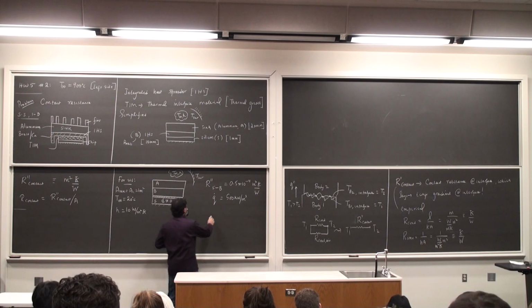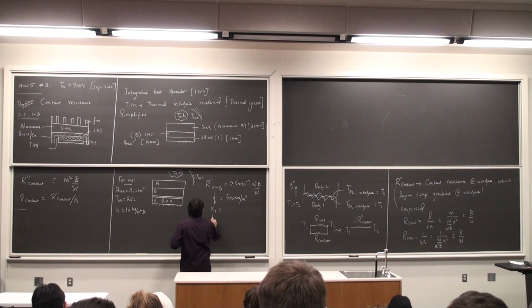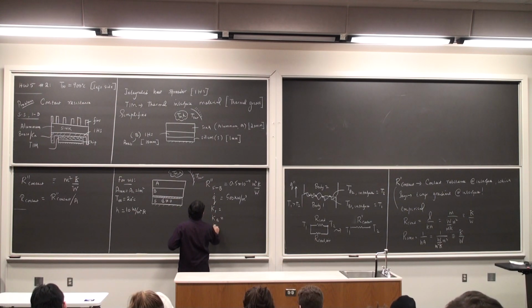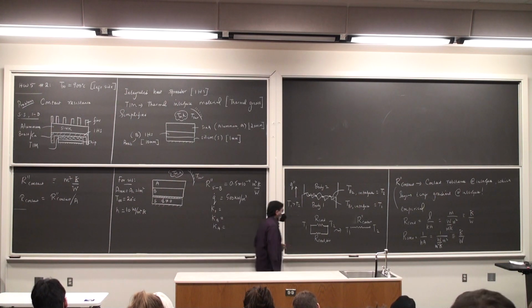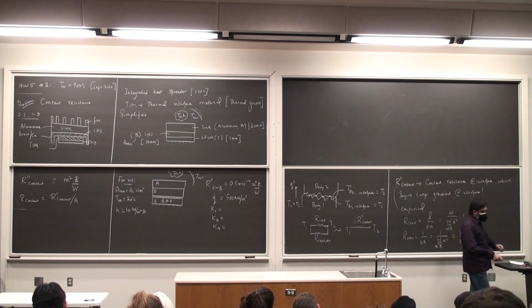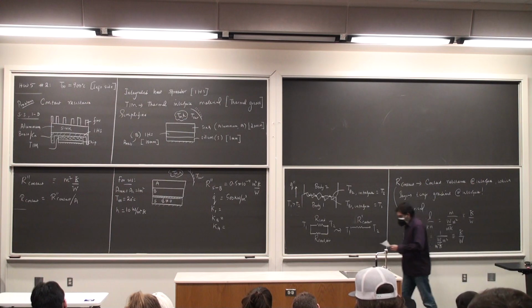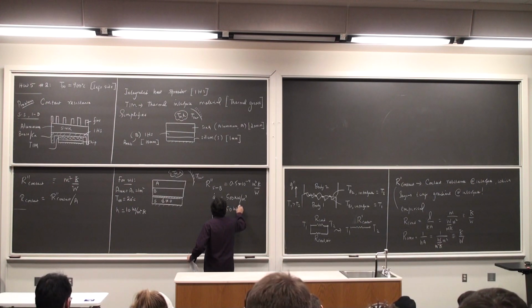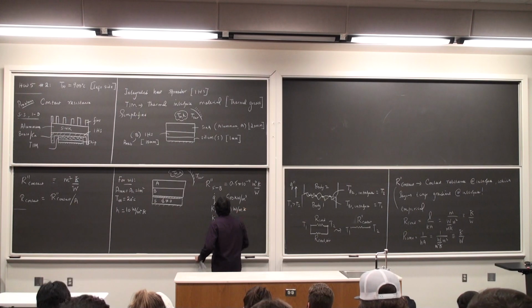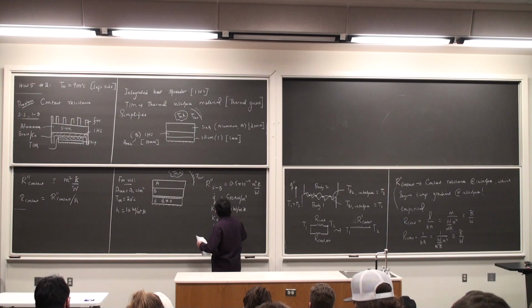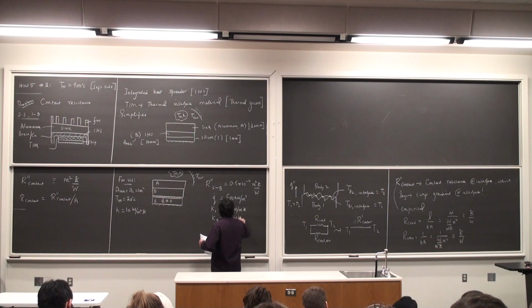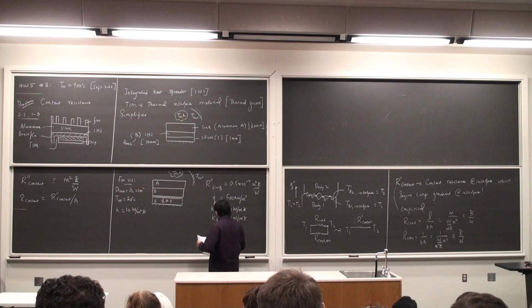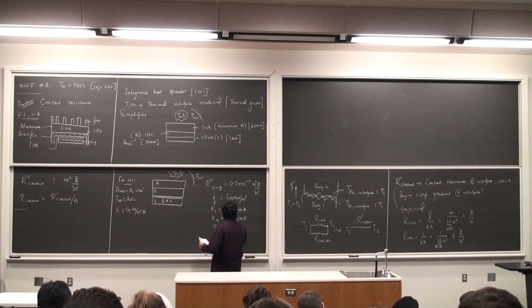So K silicon, K brass, K aluminum, have the following values. So 150 watts per meter Kelvin, 110 watts per meter Kelvin, and 220